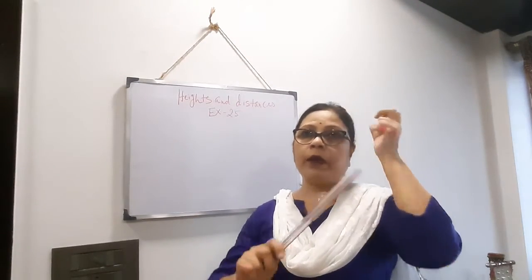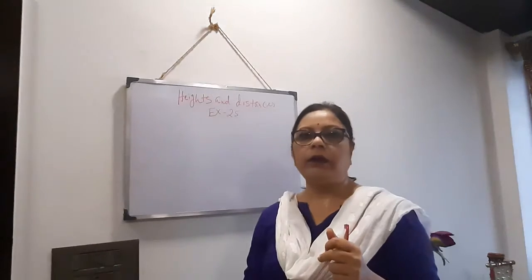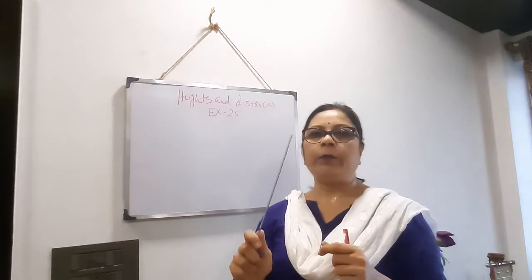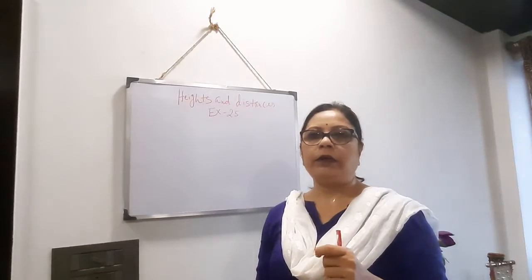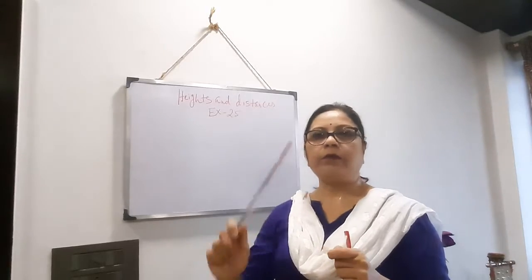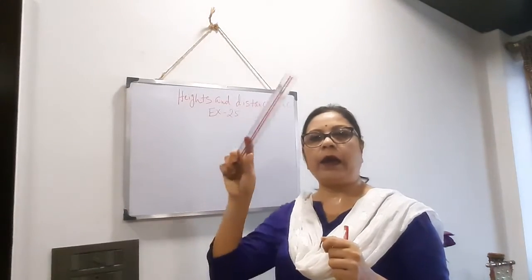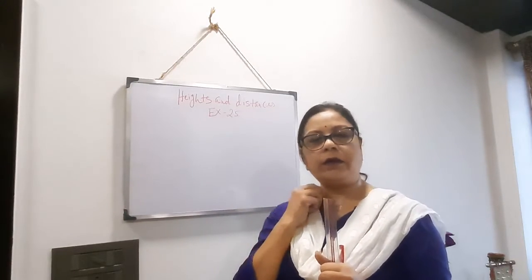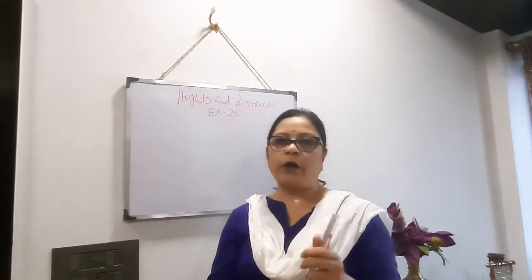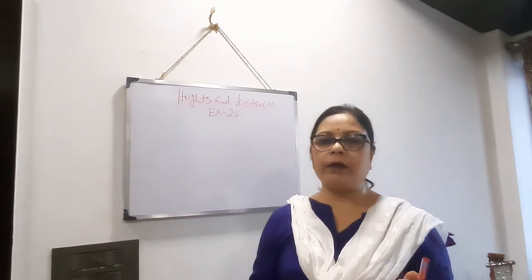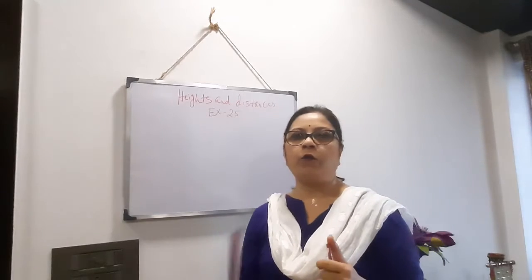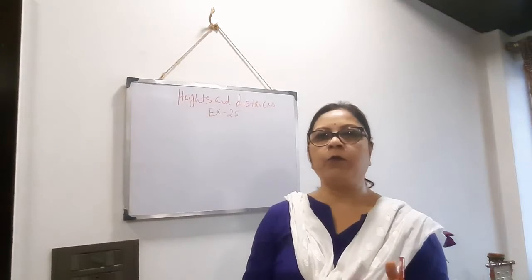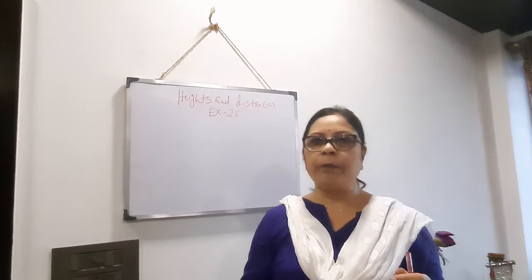You know that when two lines are parallel, then alternate angles are equal. Here also you will see that the angle of depression and the angle of elevation are the same. That means these two lines are parallel, and the angle of depression will be equal to the angle of elevation. Clear? Now first I will do the MCQ part and SAQ part, then I will go to the problems. After solving MCQ and SAQ, it will be easier for you to understand the big problems.